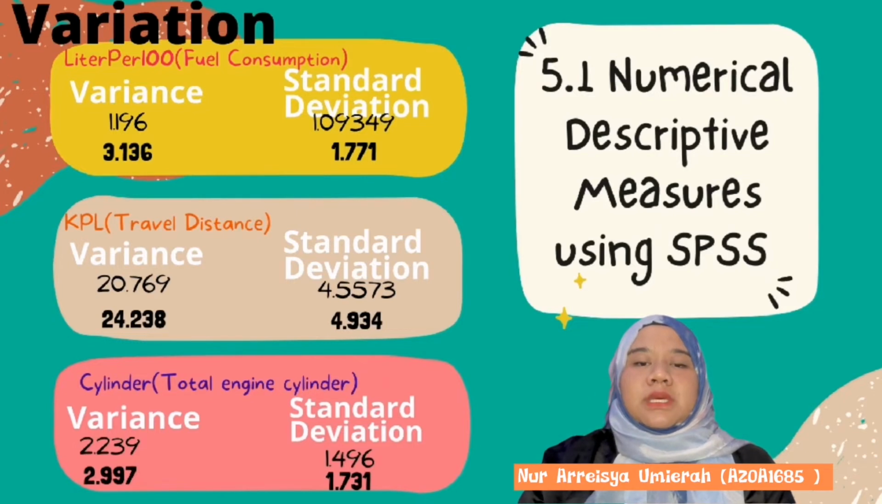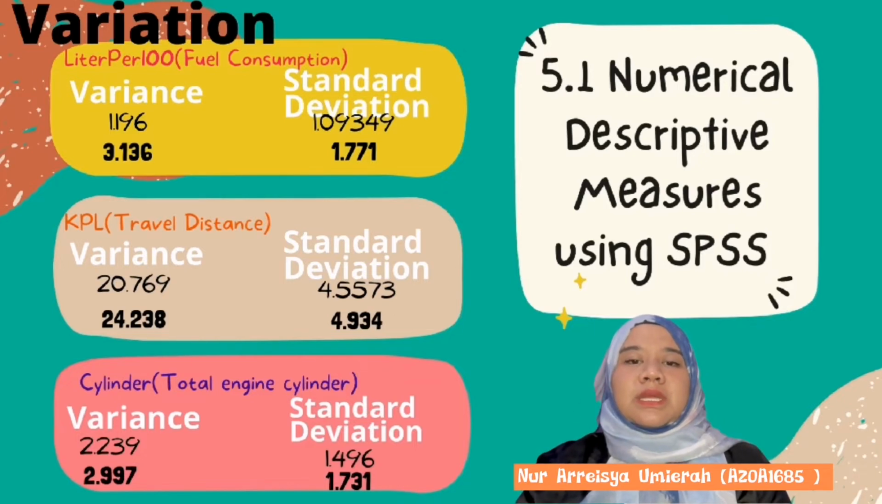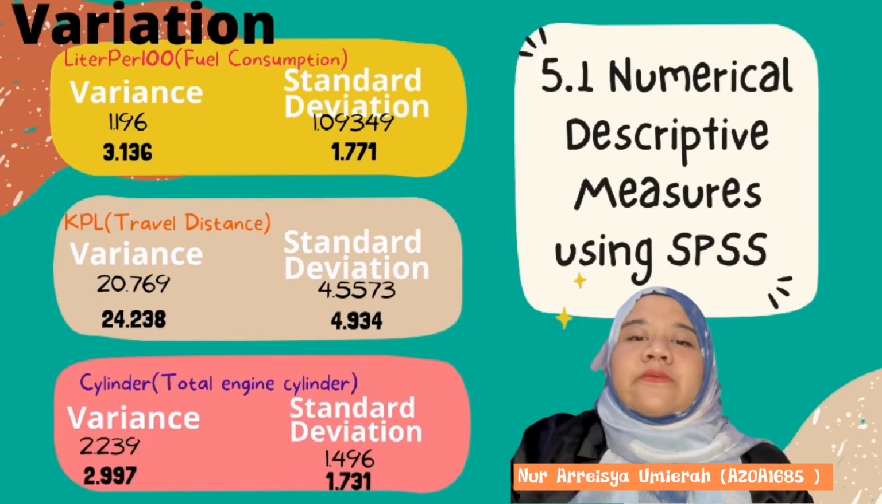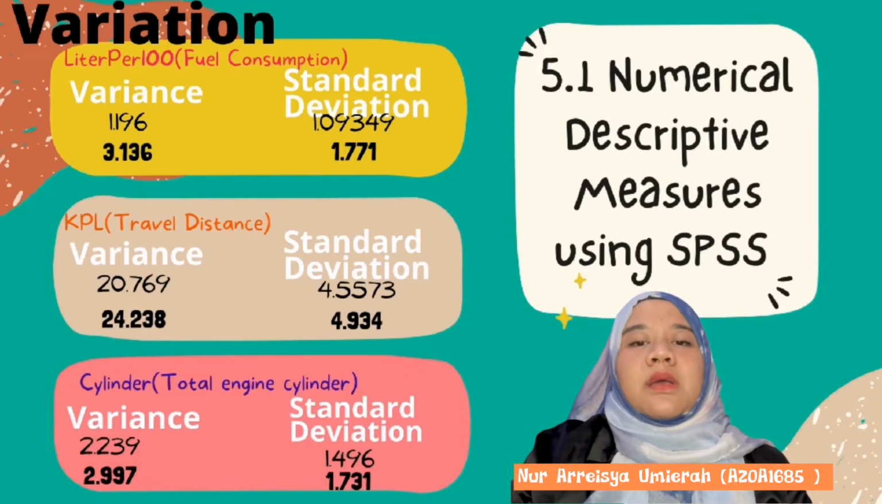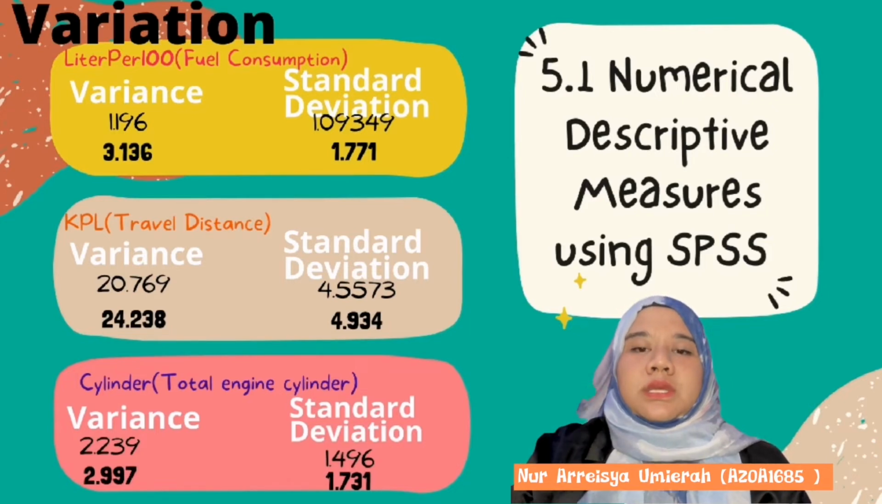The first variable is liter per 100 from SPSS. For liter per 100, the sample variance is about 1.196, and the sample standard deviation is about 1.09349. Calculated manually, the variance is 3.136, and the standard deviation is about